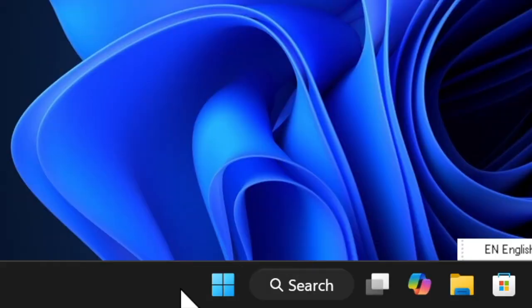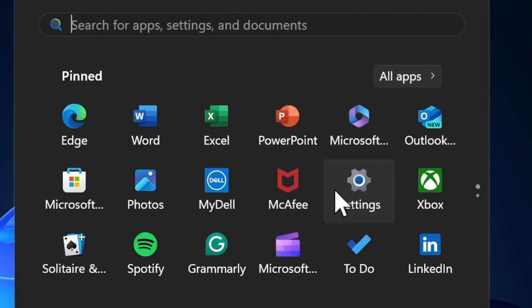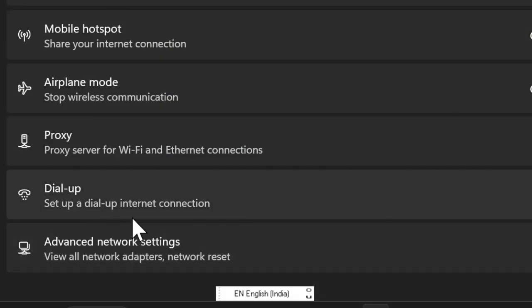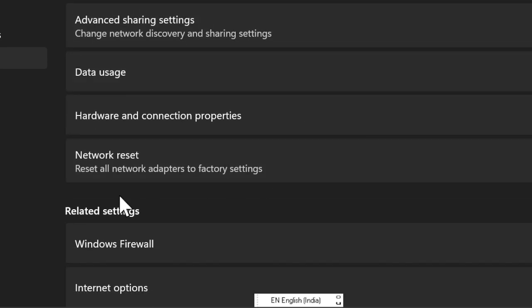So first off, you have to hit the start button and then choose settings to proceed. And then you have to click on the network and internet option. And after that, you have to scroll down to find advanced network settings and click on it. And under more settings, find the option called network reset. Then you have to click on network reset, and now you will see a message explaining what the reset will